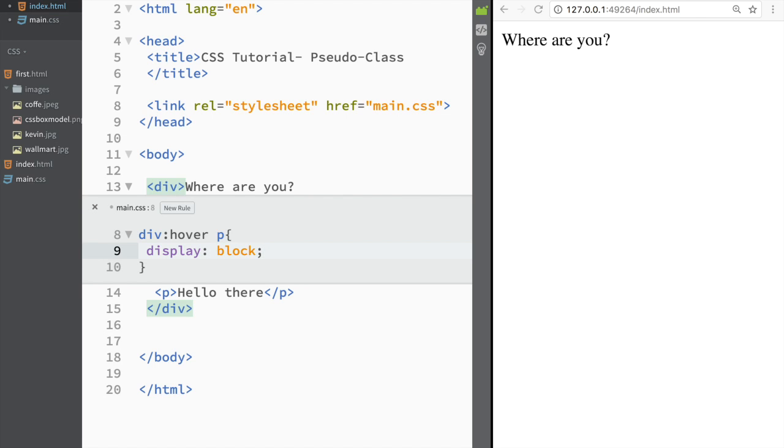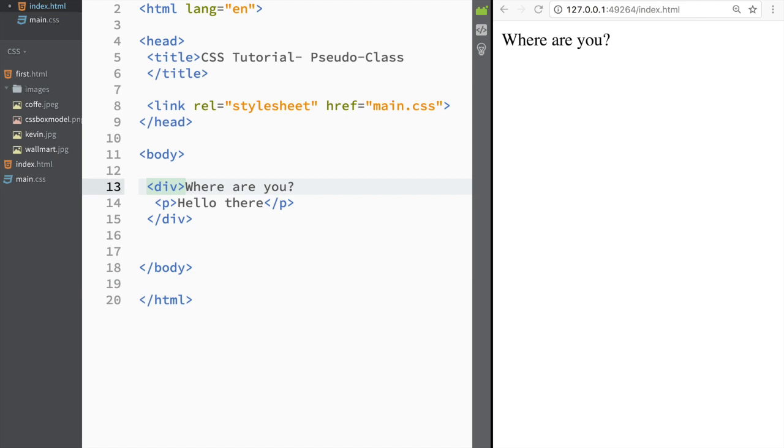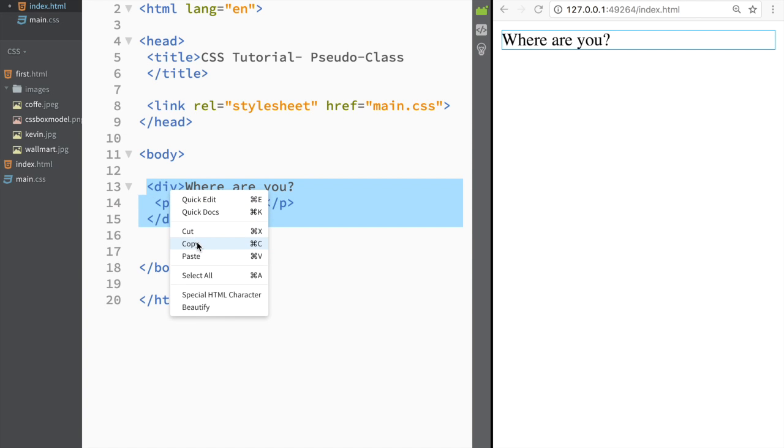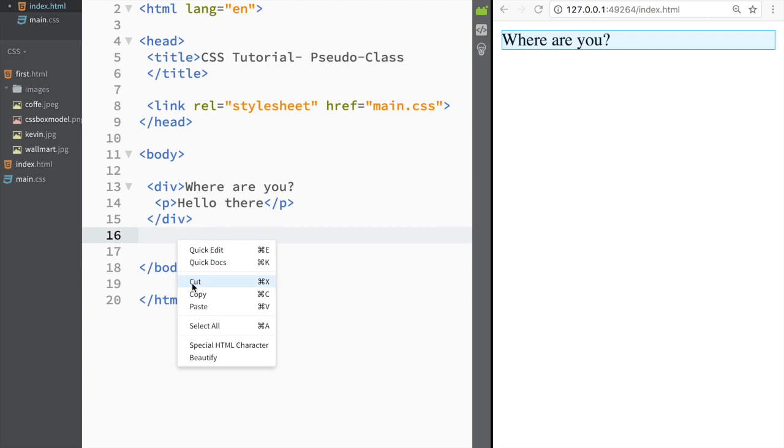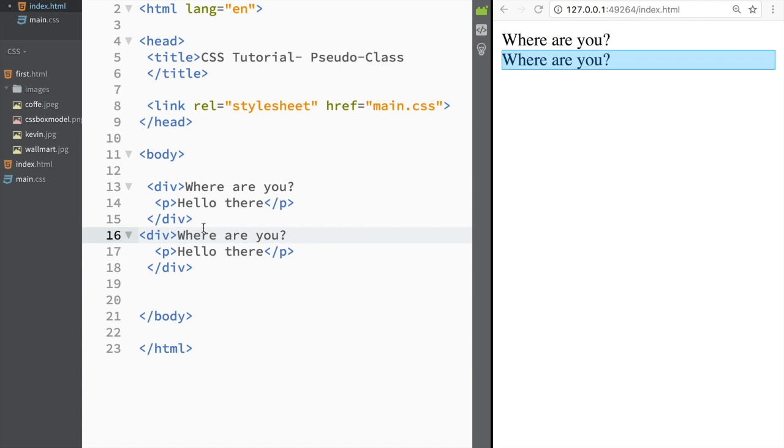So this is what I would want my paragraph to do as I'm hovering over. So you can see that as I'm hovering over there, it right away appears, right? Hovering over appears. And let me also show you how we can actually connect the classes with divs, right? So right now you can see that I have one div, right? Let's say that I would copy this, and I would just paste it. Now we can also